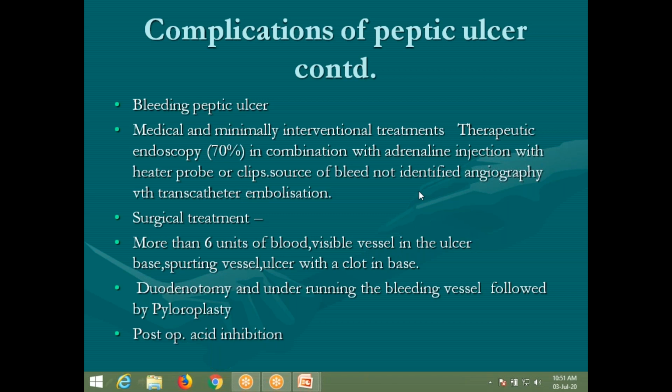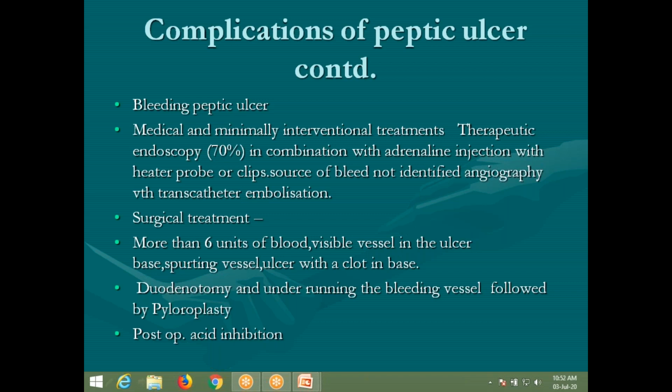So after the bleeding is controlled, you will close the mucosa of the ulcer. Then you will do a pyloroplasty. So you know what a pyloroplasty is? You open vertically and close transversely. Okay, so you will identify the vessel, apply pressure or an underrunning suture, then close the mucosa of the ulcer, then close the duodenotomy, or close the duodenum.